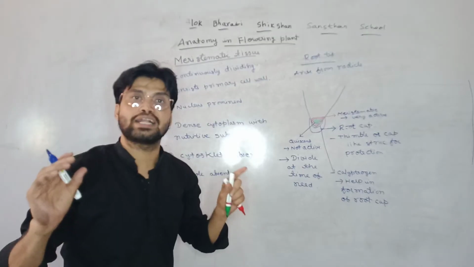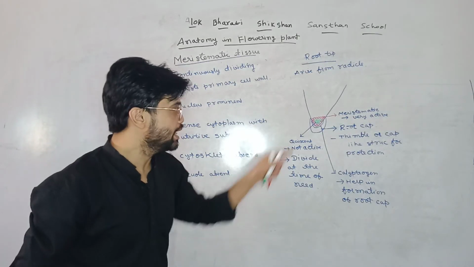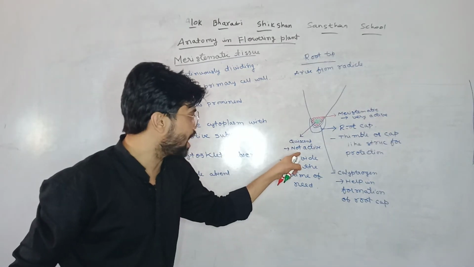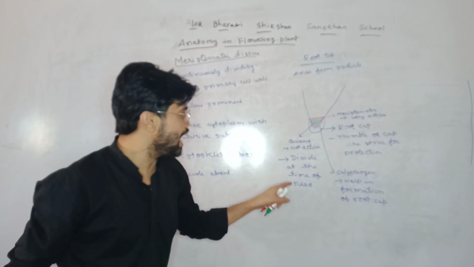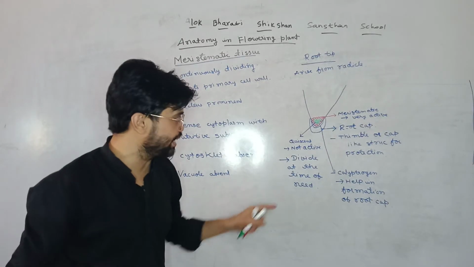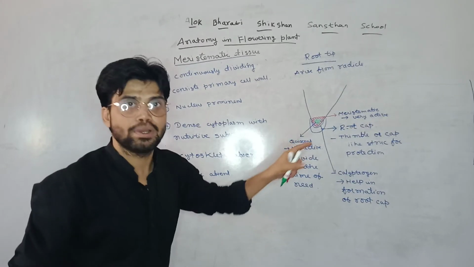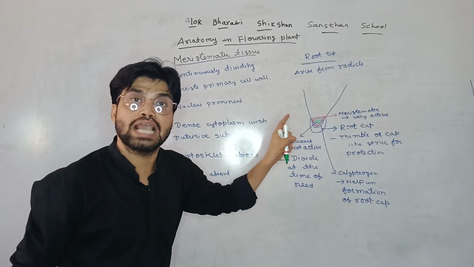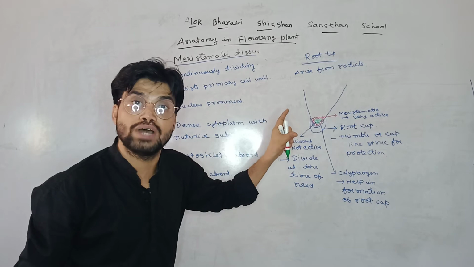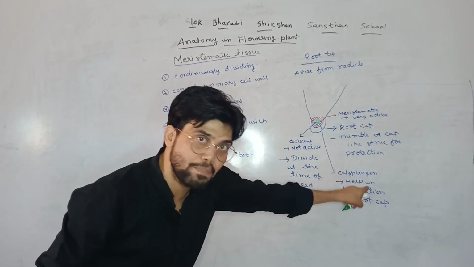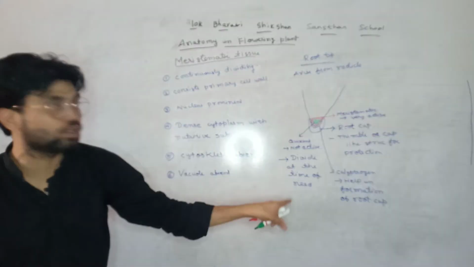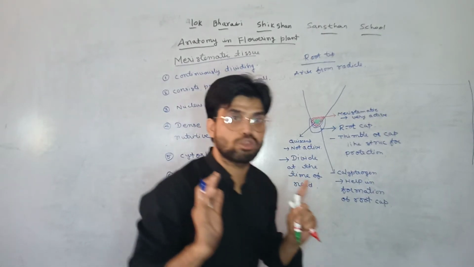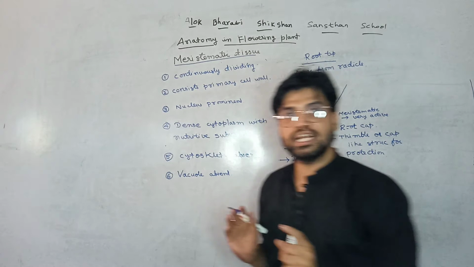It is very active and it will help in division. At the center of this meristematic tissue, marked by the green color marker, is the quiescent center, which is not active and will divide at the time of need. And this root cap helps in protection. So this root cap is formed from the tissue of the root tip, which is known as calyptrogen. This is all about the root tip. So here only the meristematic tissue is found. Okay, my dear student.